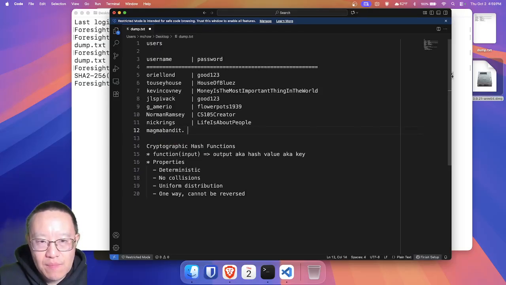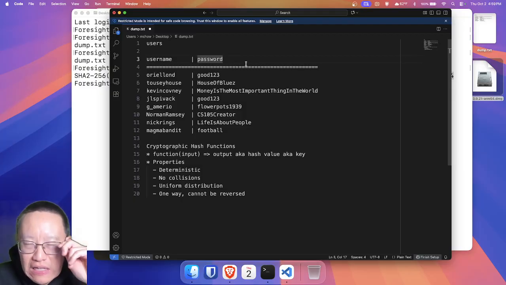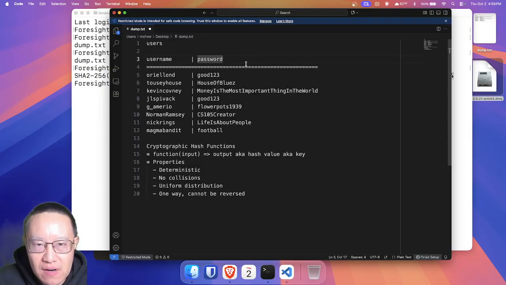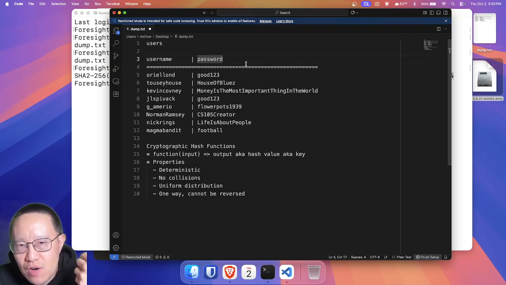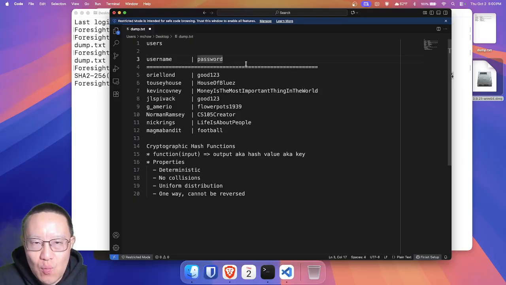The right way of doing things is, instead of just storing the cryptographic hash value, to sprinkle a little bit of randomness to each plaintext password, then do the cryptographic hash of that. So what I mean by that is specifically prepend or append some random 1, 2, 3 character token to the password plaintext and do the cryptographic hash